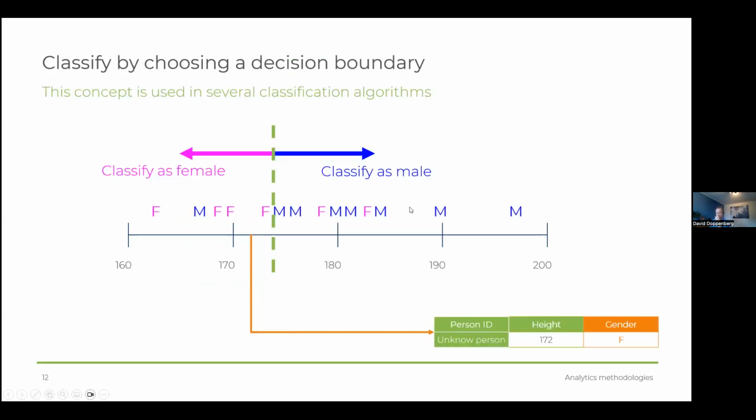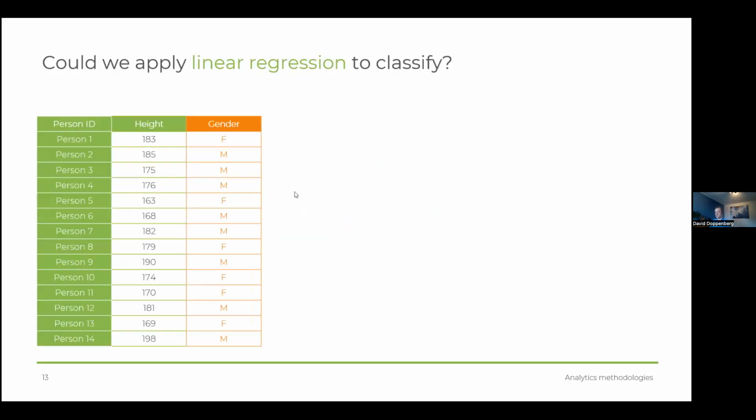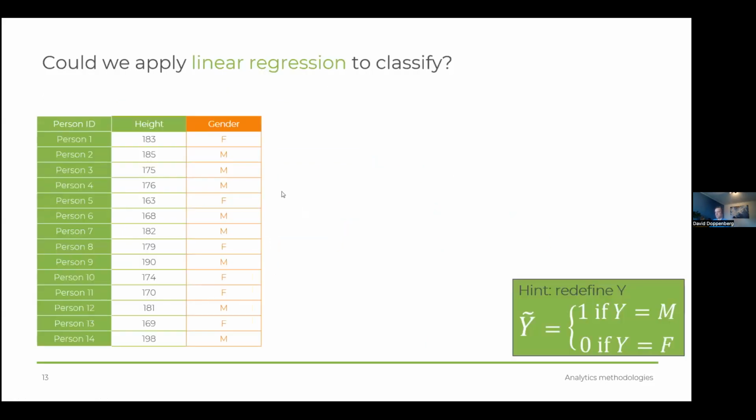Okay, this is one approach you can look at, but why actually develop new tools if we could just do it with linear regression? Couldn't we just use linear regression? The issue, of course, with that is that F and M are not really numbers, so you can't train on that. But that actually doesn't really stop us, because what we could do is just define that